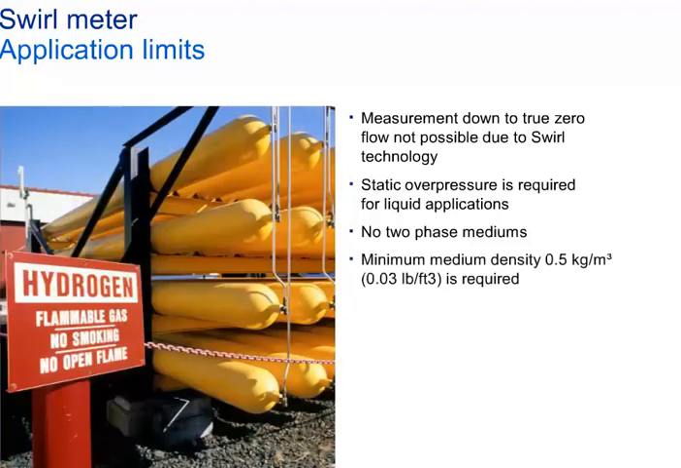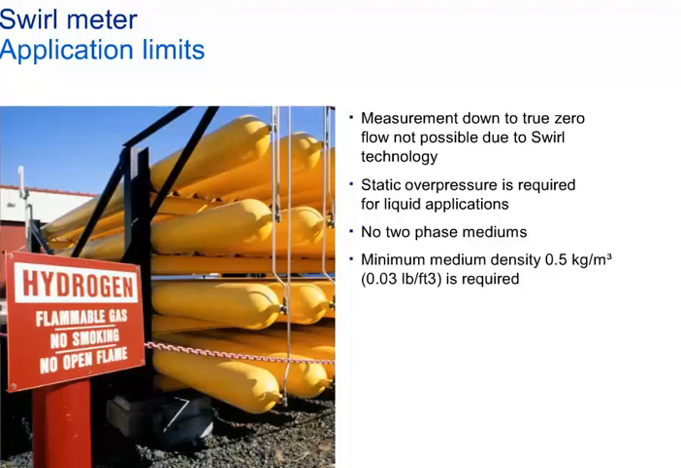Minimum pressure. The signal quality is a function of the medium density and flow velocity. The higher the density, the more the signal will be gained, and the better is the signal-to-noise ratio. The requirement of 0.5 kilograms per cubic meter is given in order to meet the full meter range. In hydrogen applications, for example, a minimum pressure of 5 bar gauge or 72.5 psi G respectively is required to